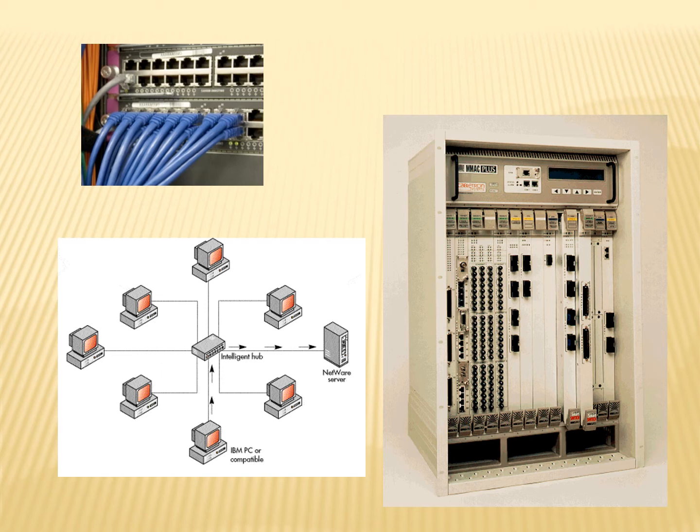They contain electronic components. Next comes the intelligent hub. The intelligent hubs are very smart. They can be used in place of routers. The intelligent hub receives the data, amplifies the data, and rectifies the data. That is, if any errors are there, it will rectify them and then it is sent to the other end. So by this we complete the concept of hub and its types: passive, active and intelligent hub.